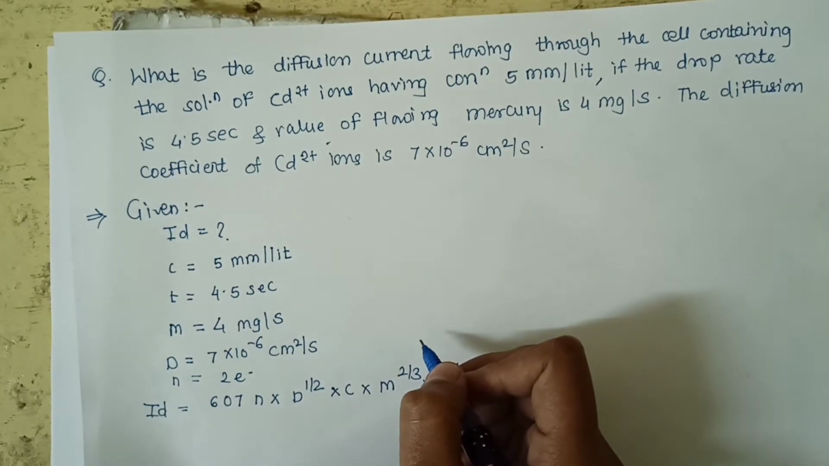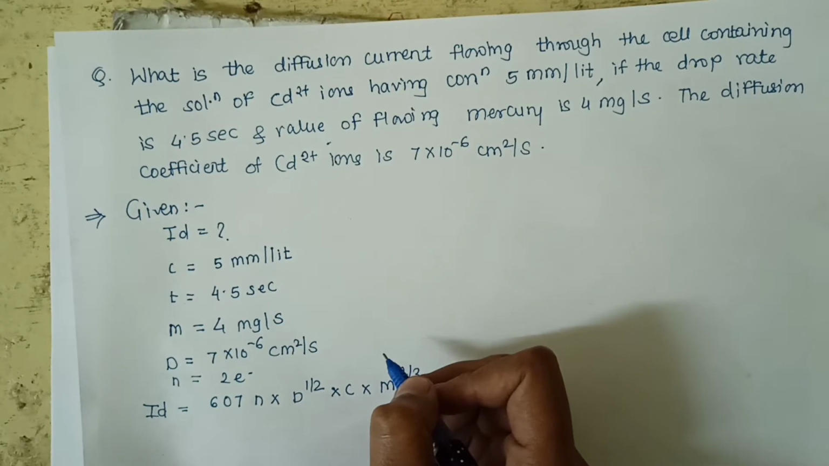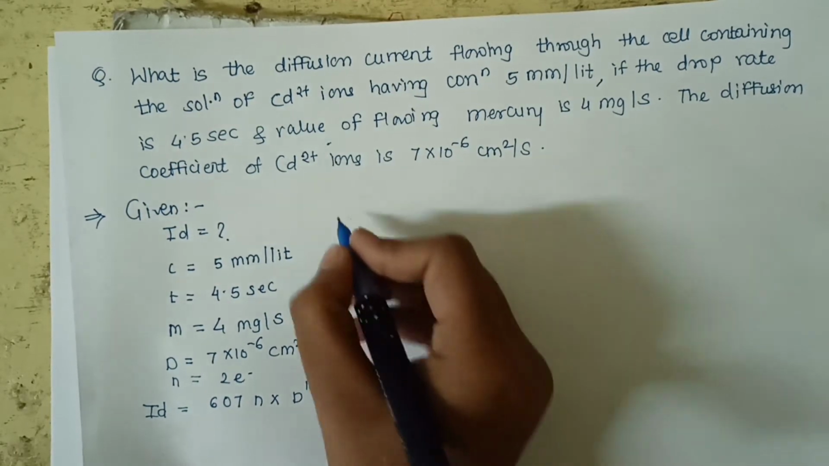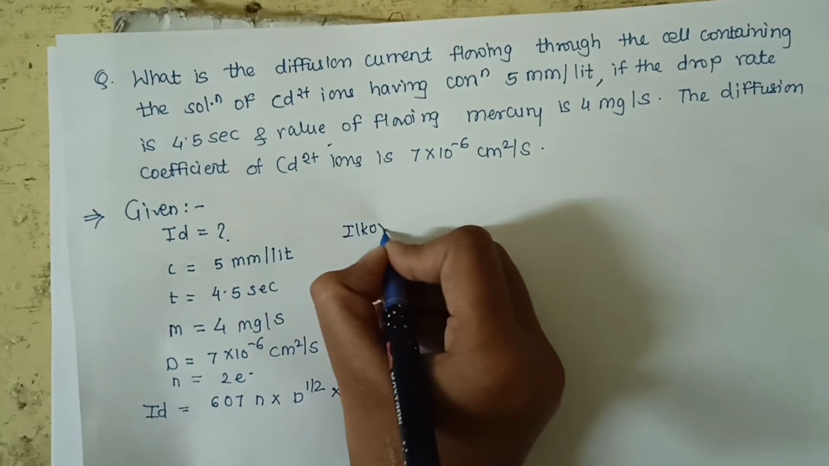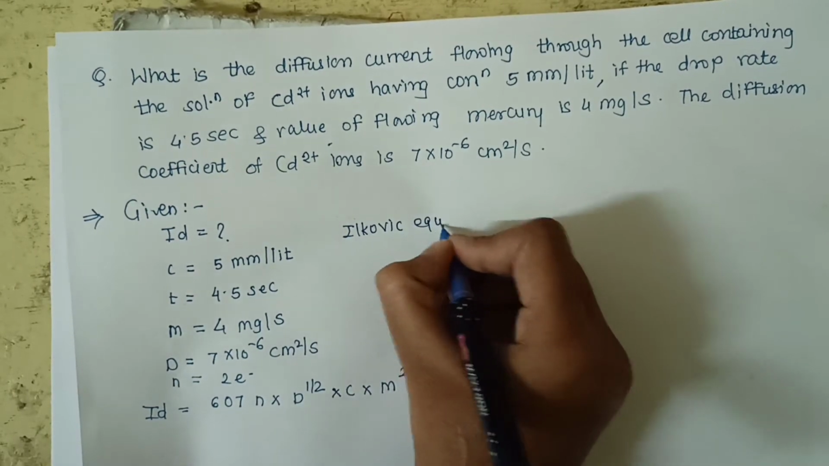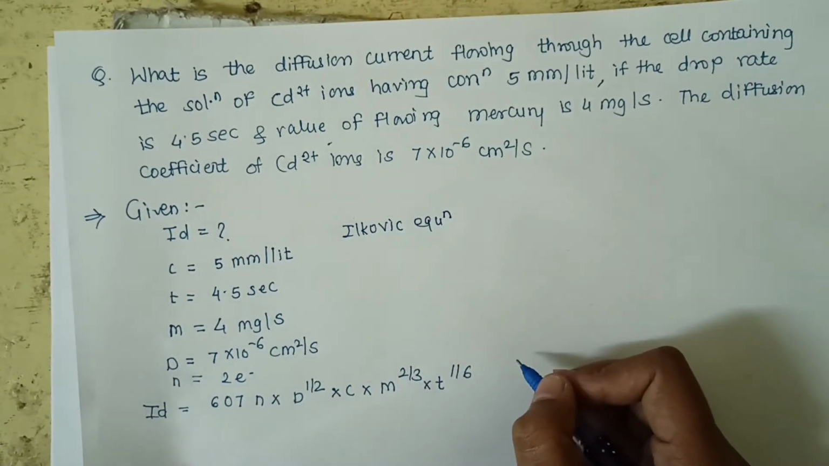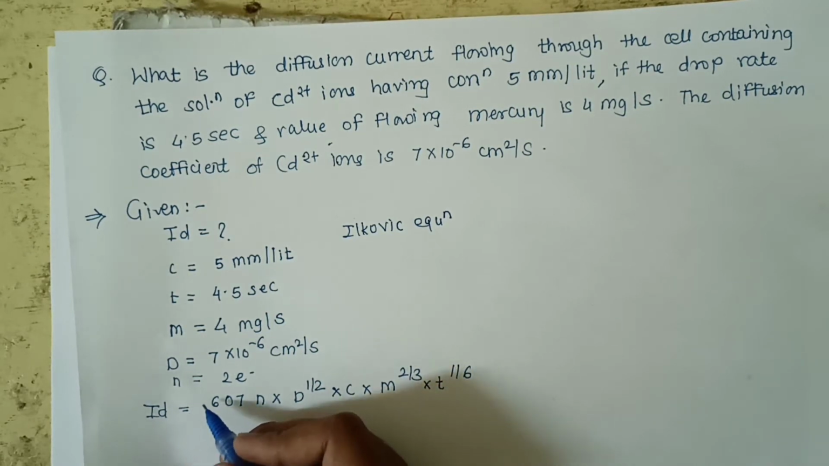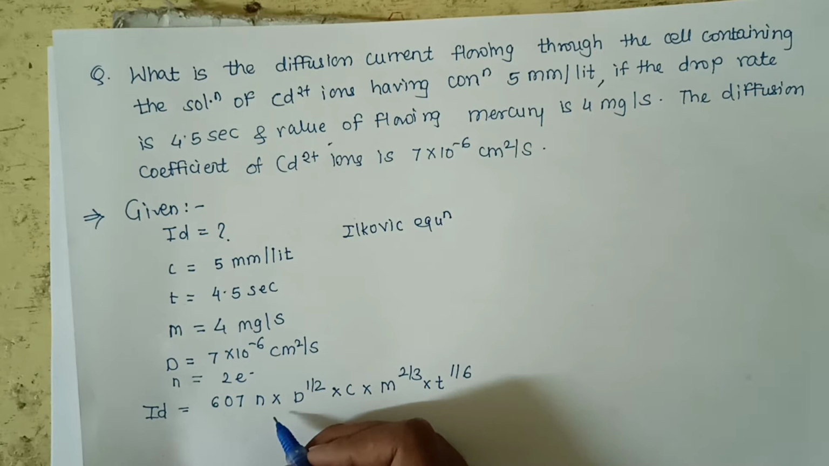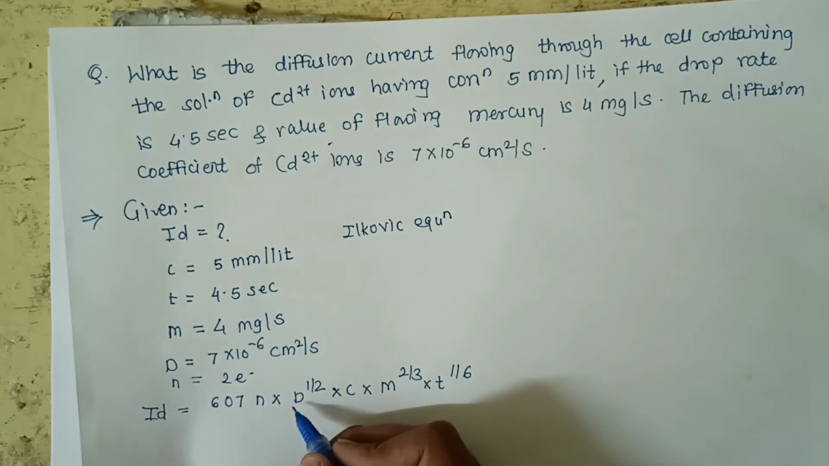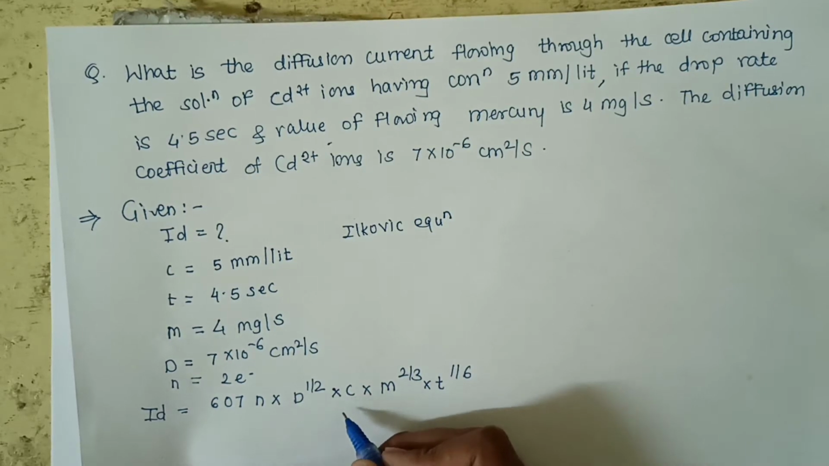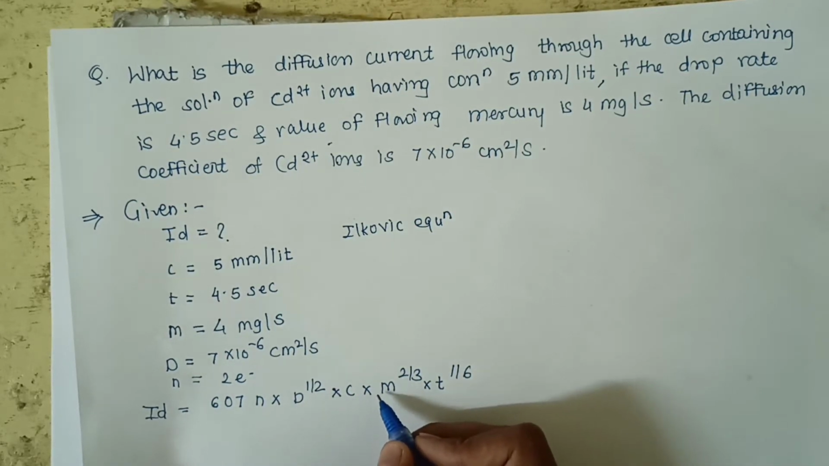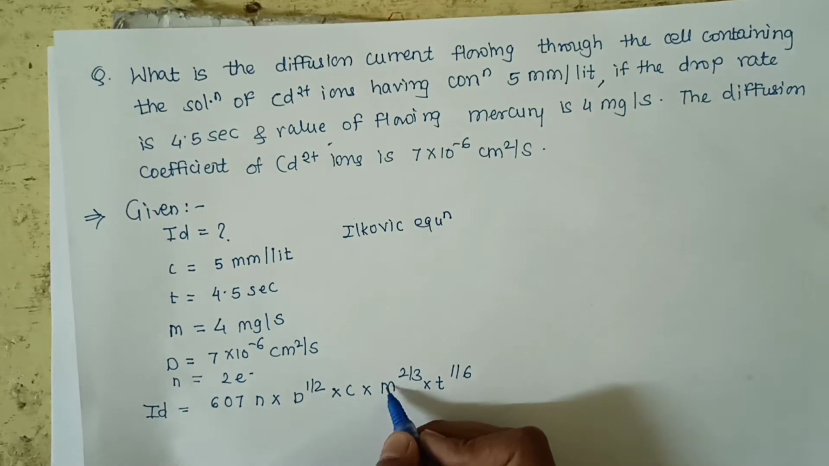So for solving this numerical, we have already seen an equation, that is the Ilkovic equation, and it is given by ID, that is diffusion current, equal to 607 into n, that is the number of electrons, into D raised to 1 by 2, that is the diffusion coefficient, into C, concentration, into m raised to 2 by 3, where m is the flow rate of mercury, and t